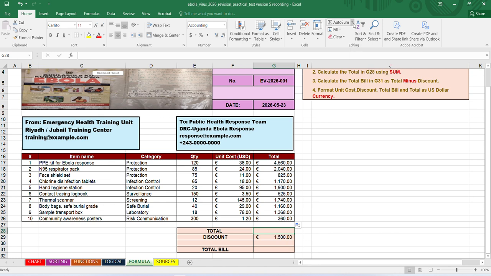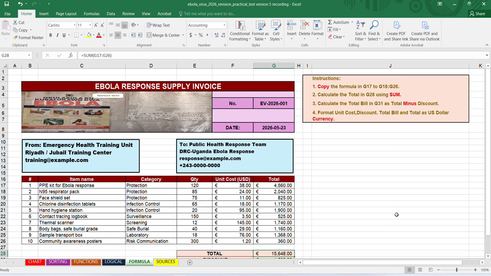Click the arrow down and then click sum. And then you highlight this cell, G17 up to G26. After that, you can see from here G17 to G26. And then press enter. So that is the total.